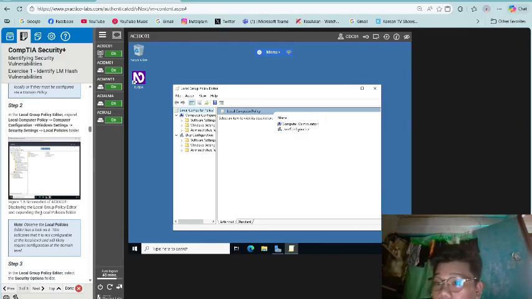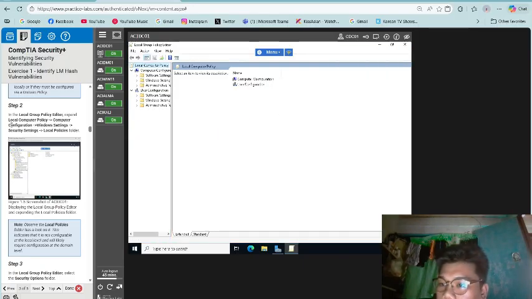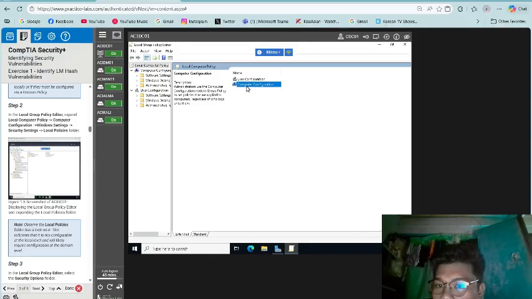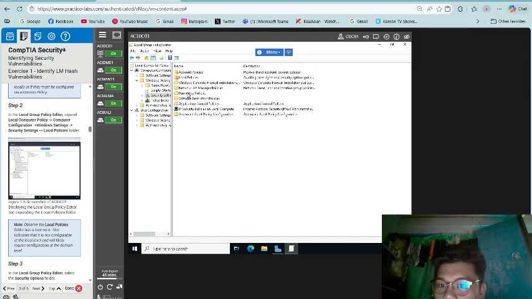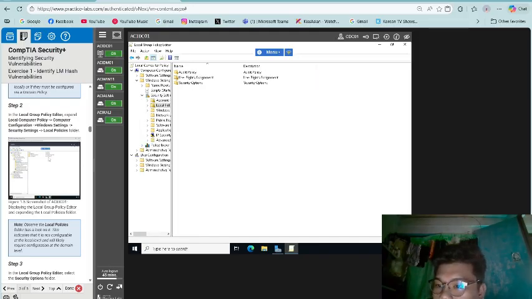In the local group policy editor, expand the local computer policy, computer configuration, Windows settings, security settings, local policies.